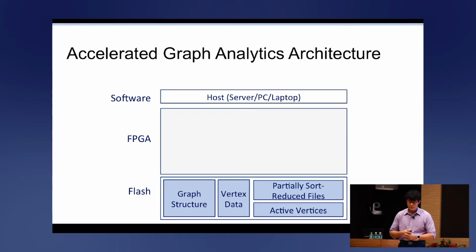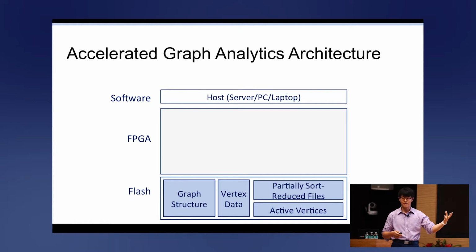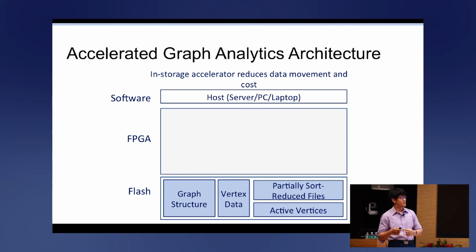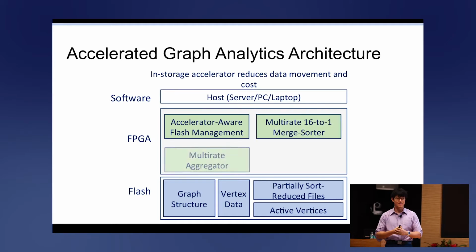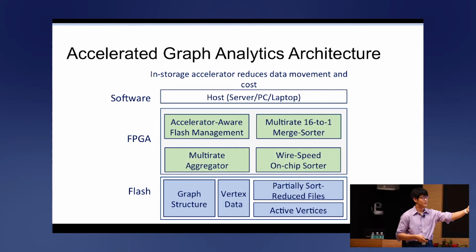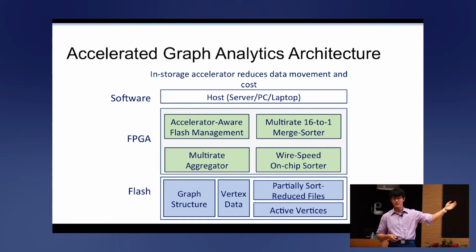And to further reduce the overhead of this newly added sort and reduce stage, we implemented the algorithm on the near storage FPGA. There are a lot of interesting things that go in. It reduced data movement because it doesn't have to go all the way to the CPU, and it reduced the cost of deployment of this FPGA as well. And there's a lot that goes on internally in this system, things like the accelerator-aware flash management, file system, merge sorter implemented inside the hardware, the multi-rate aggregator, et cetera. But I don't think I'll have time to talk about all of that right now. So I'll just say that